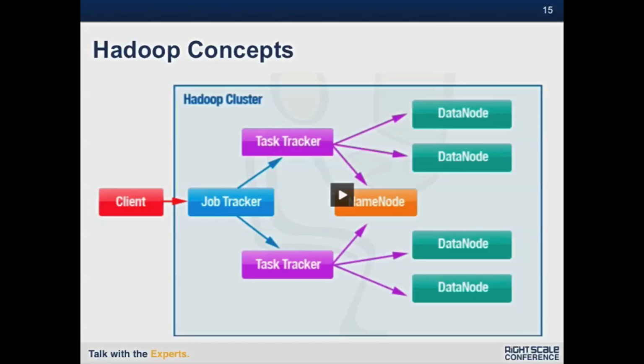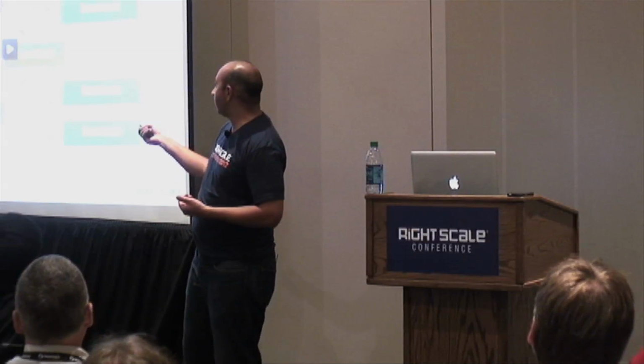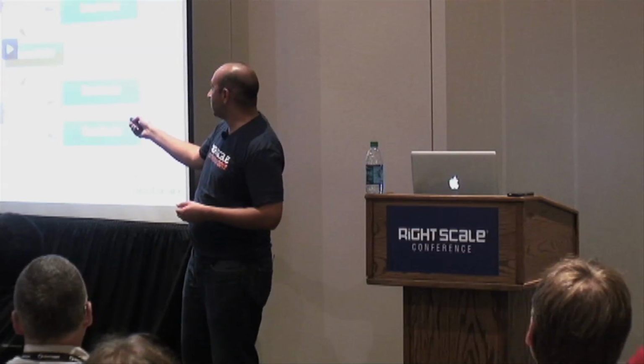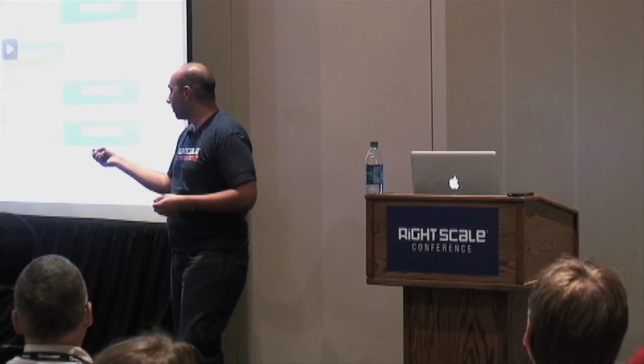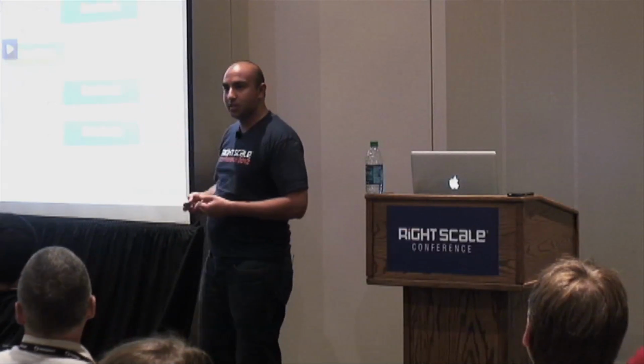So now I can go and take that data, and it won't just send it to one data node, but you'll define how many you want to send it to. It's typically sent to about 3 different data nodes. You'll have that data located on 3 different data nodes. And so now this task tracker has access to these various data nodes. And when the job tracker says, all right, I want you to run this job on this particular data set, it's going to assign it to a task tracker that's running on that exact data node.